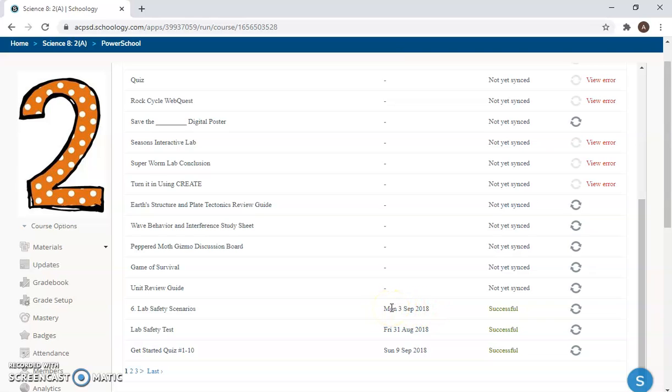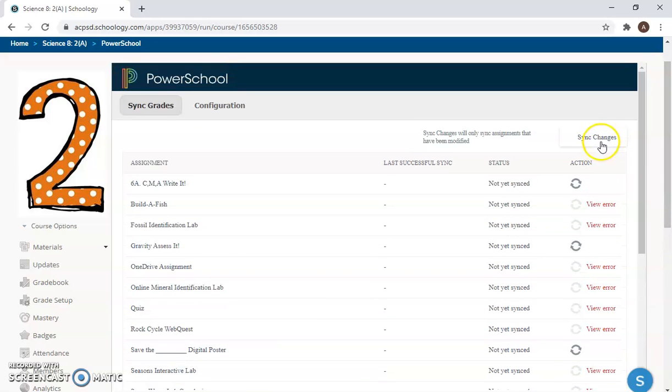That's important because sometimes kids submit assignments late, or they take a test after you've already synced it because they were absent, and this will let you know, hey, it hasn't been synced since this date, so maybe I need to resync it. So for you to sync an assignment, there are two different options here. This button up here where it says Sync Changes is going to sync over any grades that you have graded in Schoology. It will also update any grades. So let's say that someone submitted an assignment late and you had already synced to your grade book. When you hit Sync Changes, it will update that child's assignment in PowerSchool, and their grade will now be included